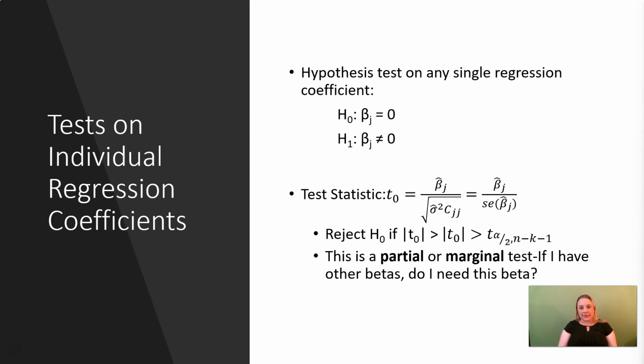Our hypothesis test that we're doing with our t-test, when we're looking at the individual coefficients in our model, we're looking at whether or not our t-tests are statistically significant from 0. And so when we look at these t-tests in that parameter estimates table, we're looking at the partial or marginal test. And what that means is saying, if I have other beta values, do I really need